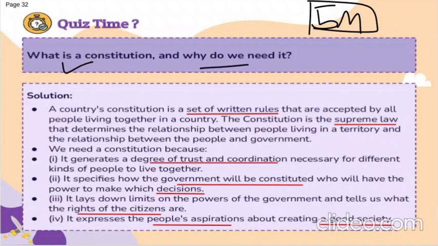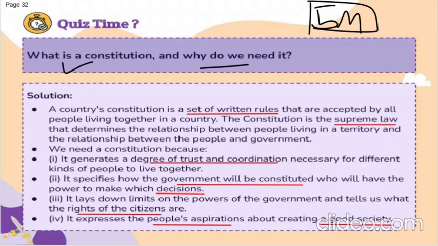First one, it generates a degree of trust and coordination which is necessary for different people to live. Like in India only, there is a diversity. Correct? There are so many people in our country. Now, if there are different rules for everyone, discrimination is done, so that will be a very long and unhealthy process, isn't it? So the constitution makes an assurance that all people will live together in proper harmony